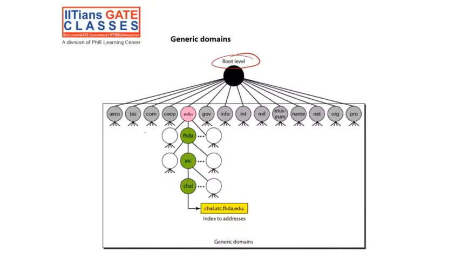In the generic domain, from the root level, you have aero for airplanes and aerospace, biz, .com, coop, edu for education, gov for government, info, int, mil, museum, name, net, org, and all these things. You can study them on Wikipedia if you want, but I don't think you need to spend so much time on DNS. Just basic information is fine, right? So the domain structure is hierarchical in this way. This is the final domain name, and from there the IP is found. This IP will be sent back to reach that particular client.